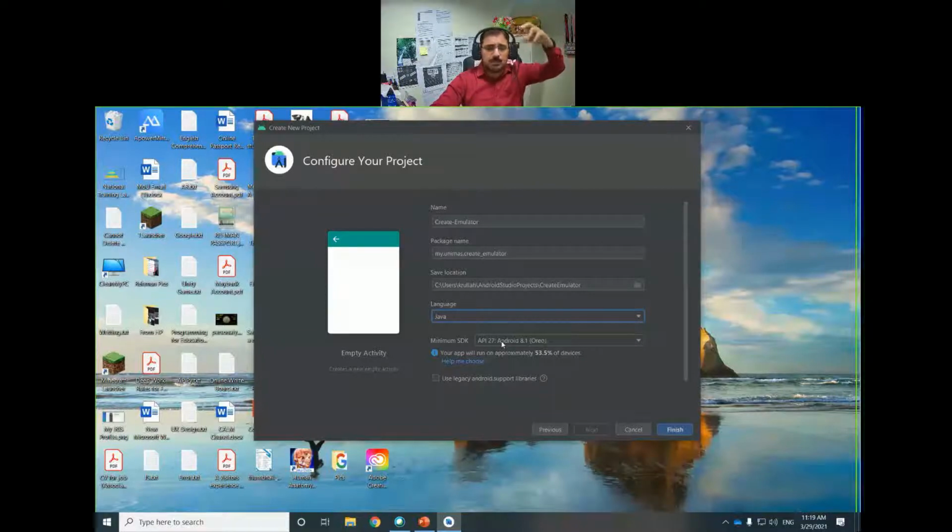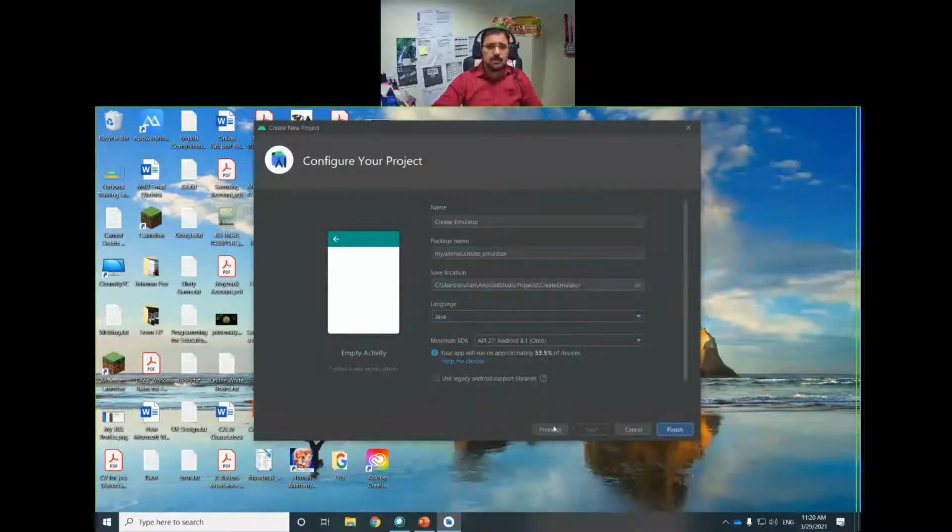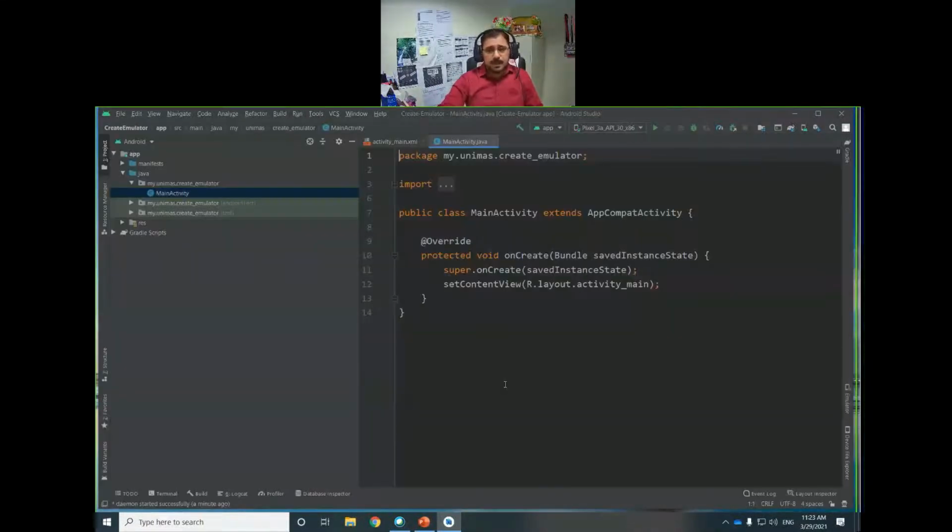For the new mobiles and the new operating systems, we don't worry about that. We are specifying the lower limit, not the upper limit. Mostly this is about a marketing strategy, how many users you want to reach. I hope it should not be a problem. Otherwise you can click this one and see the details again. Okay, so let's click finish. My project is loaded already. So today I want to start from the emulator, and I want to introduce you to it.